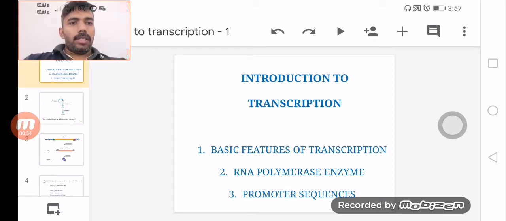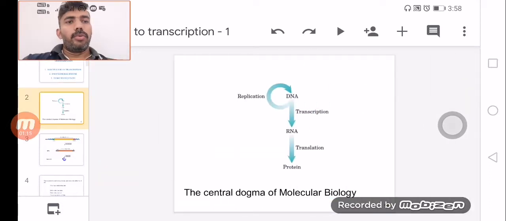Here we can see that some of the basic features of transcription will be described in this presentation, and we'll also have a discussion on the RNA polymerase enzyme, and finally about the promoter sequences. So before moving into the content,